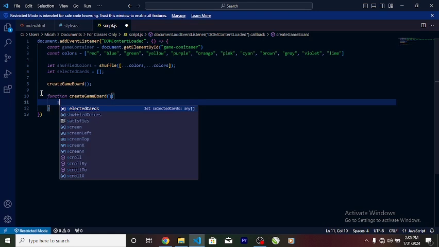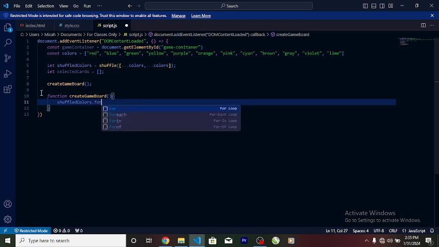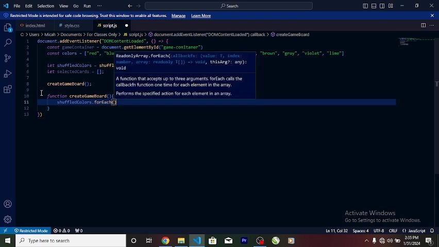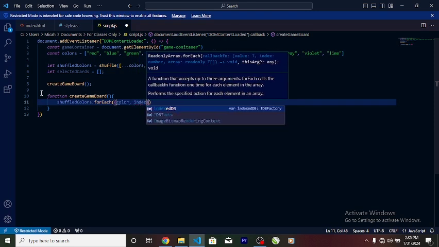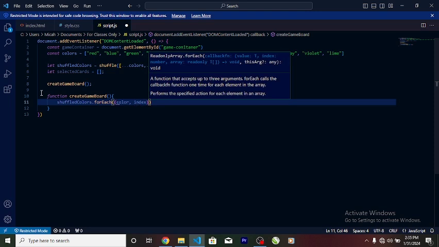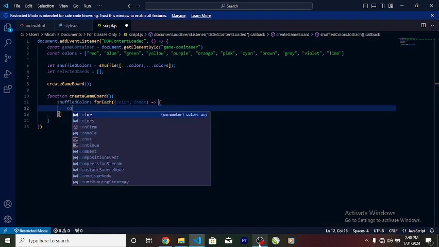and then we're gonna say shuffledColors.forEach, and then we're gonna say color, no, we're gonna say color, index, that's going to be equal to curly brackets, and then inside that we're gonna say const